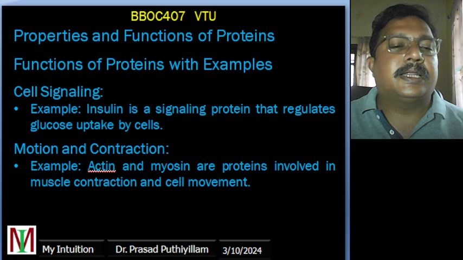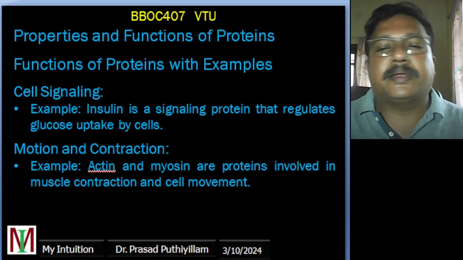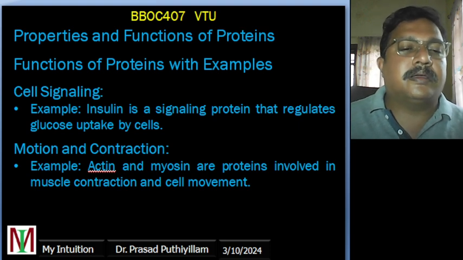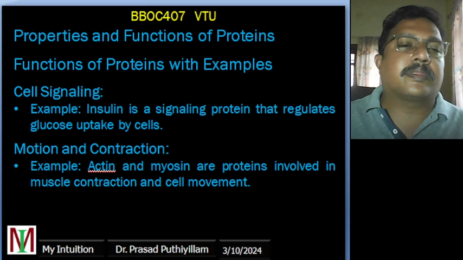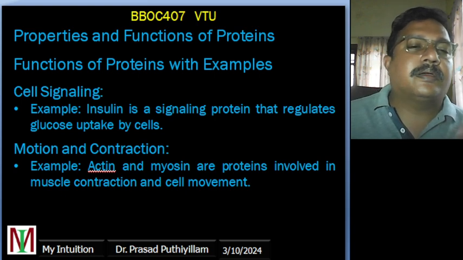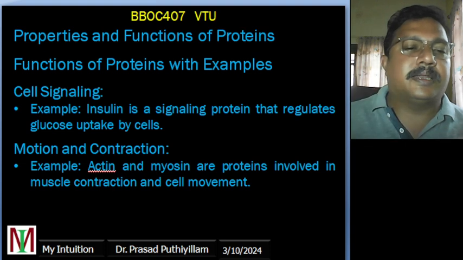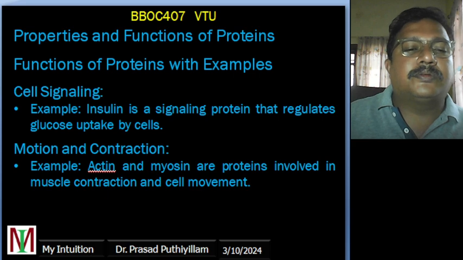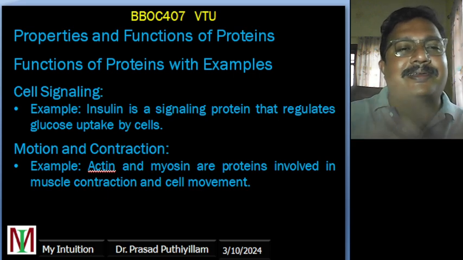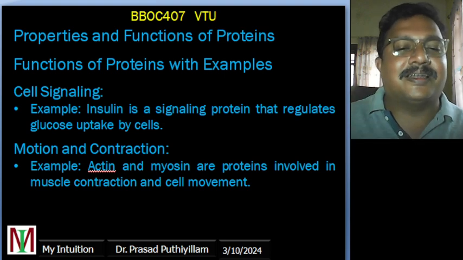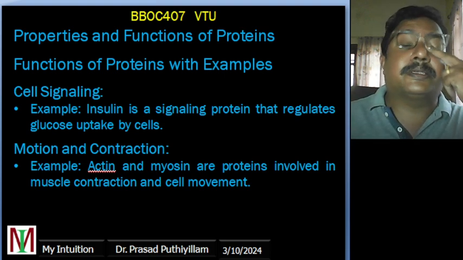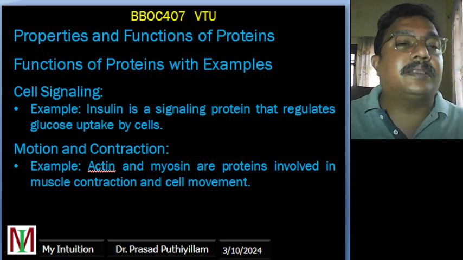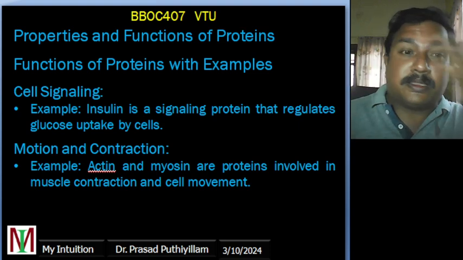Then cell signaling, motion and contraction. Cell signaling is communicating from one cell to the other cell. It is like a separate department, because communication is needed. Only then can other processes happen. So proteins act as messengers, transmitting signals between the cells,